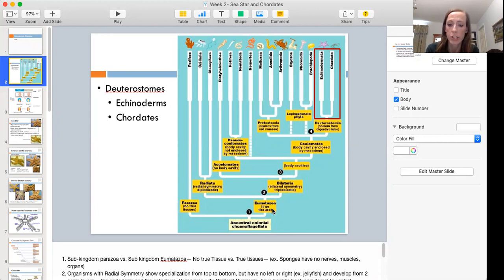They have true tissues. They, at least at some point in their life cycle, have bilateral symmetry. They have body cavities that we had referred to last week as a coelom, the space that is in between the digestive tract and the body wall. So that coelom, again, is enclosed by mesoderm, which is the third germ layer that everything in this lineage has also. So another way of saying that is that they are triploblastic, 3 germ layers, the endoderm, ectoderm, and the mesoderm,